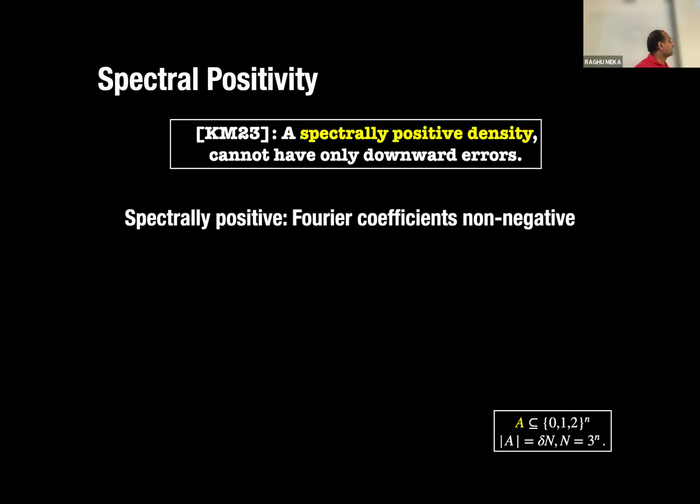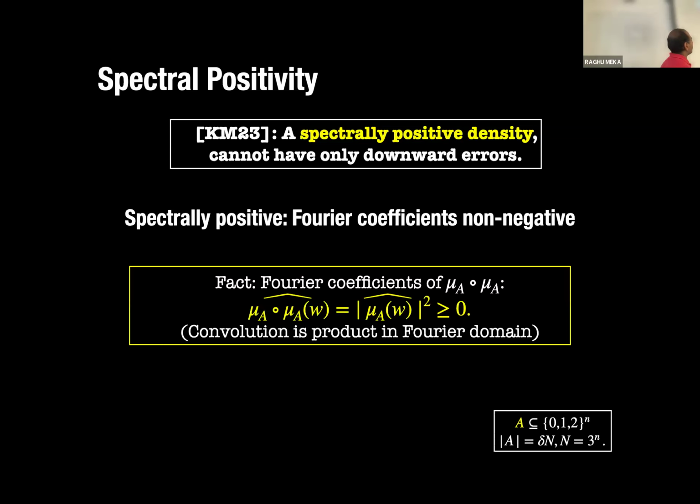As it turns out, we get this hypothesis for free because we are looking at convolution. Once again, if you've done any signal processing course, you'll see that most of signal processing is based on the fact that convolution is a much nicer operation in the Fourier domain. If I convolve two densities and compute its Fourier coefficient, then the Fourier coefficients just get multiplied. So the Fourier coefficient of mu a difference convolution mu a is just the absolute value squared, which is